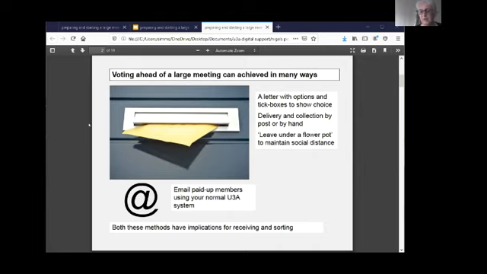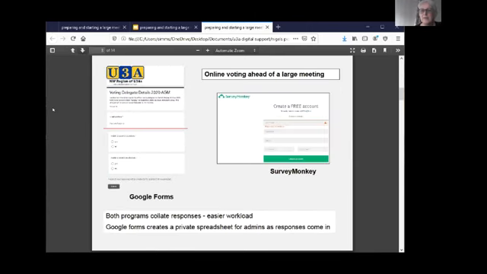engaged with technology there. But if we go on and look at technological solutions, there are lots and lots of systems, very good systems that are available either cheaply or free. And I've just shown two of them, and I'll describe them very briefly and what their advantages and limits are. So we've got Google Forms, which you may have heard of, and we've got SurveyMonkey, which you may have heard of. Both of these, and systems like them, are fantastic because they collate all the responses for you. That workload is much easier. I'll show you how that looks in a moment.